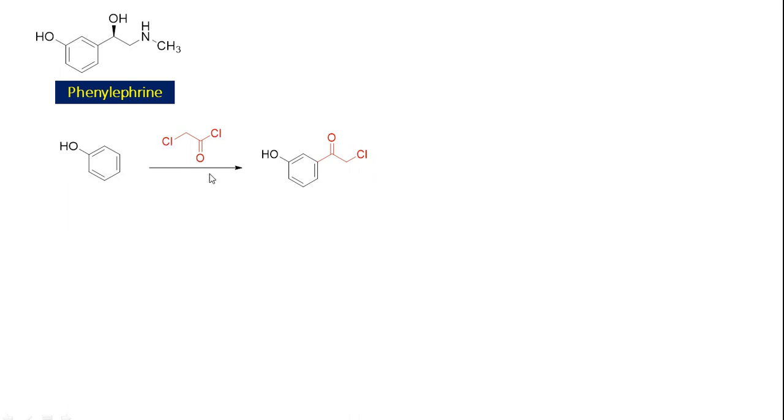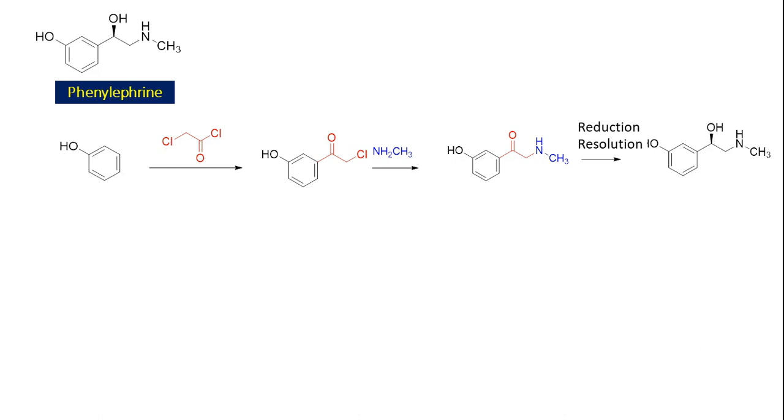And parallelly, you can also design the synthesis like this. You can simply take acetyl chloride, so that meta-hydroxy acetophenone is obtained. So this acetophenone is taken, and then you can do the halogenation over here by using N-bromosuccinimide reagent. Then you can continue with this reaction. This, upon treatment with methylamine, you will get this product, which upon reduction you will get the required hydroxy compound.